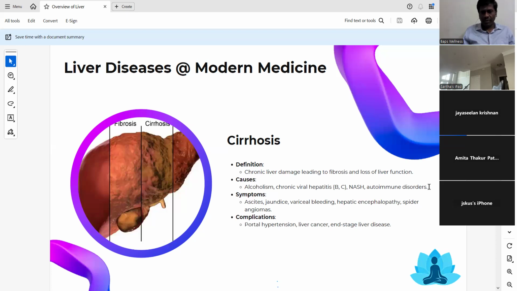And spider angiomas are some of the common symptoms. Cirrhosis will also cause portal hypertension. In the advanced stage, it may further lead to liver cancer and end stage liver disease or liver failure. Once cirrhosis occurs, it's almost irreversible because the cells are fully damaged,